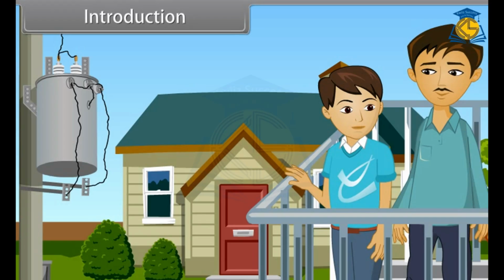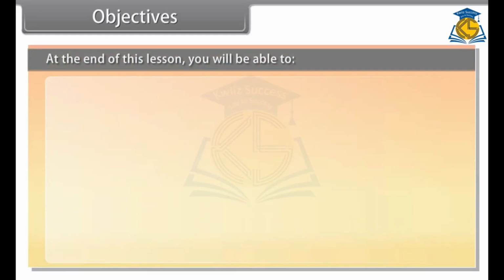To know more about transformers, you have to explore alternating current. Students, today we will study about alternating current. Objectives. At the end of this lesson, you will be able to